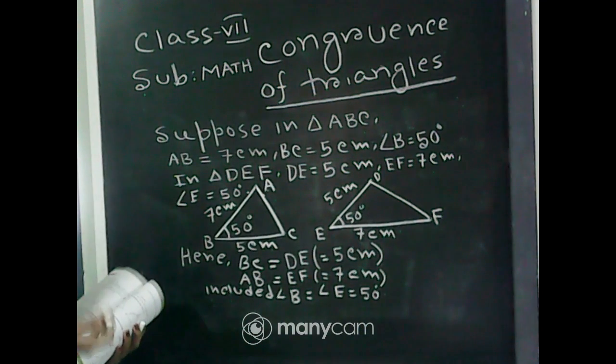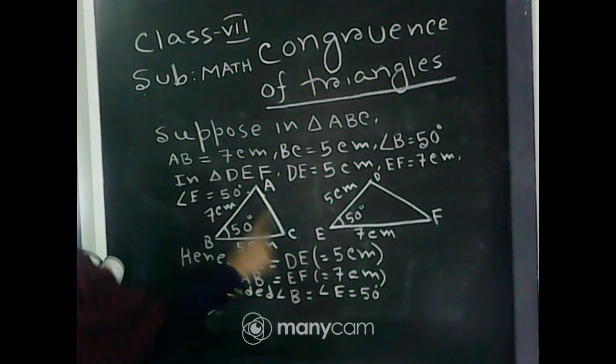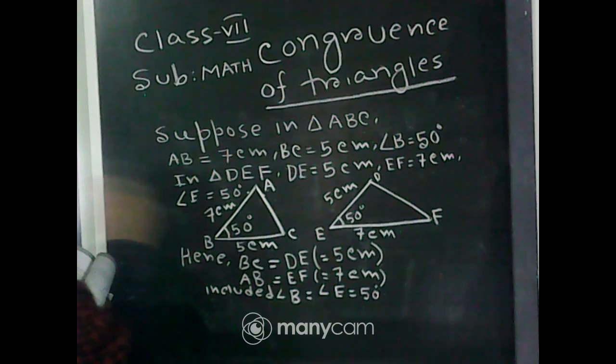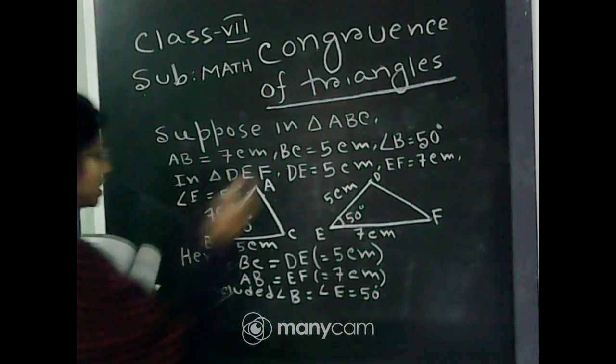We clearly see that side BC is equal to side DE, AB is equal to EF is equal to 7 cm, and included angle B is equal to included angle E is equal to 50 degrees, and the correspondence is